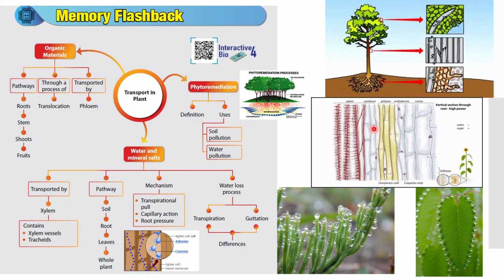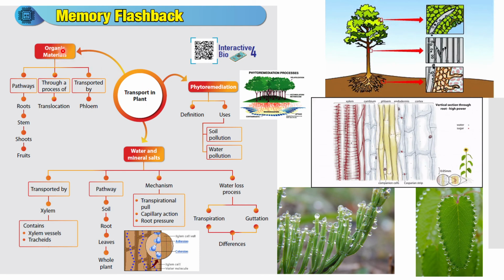Now we have come to the end of the chapter. We have discussed the phytoremediation process. In terms of definition, define what that is. In terms of uses, soil and water pollution. Also, this chapter, the title is Transport in Plants, and therefore we talk about the organic materials or